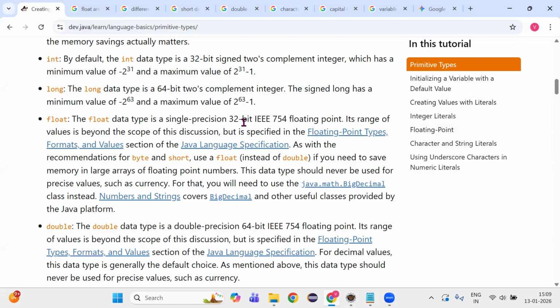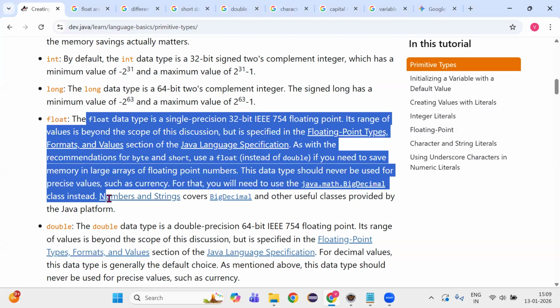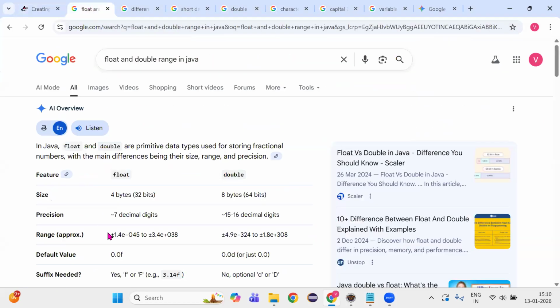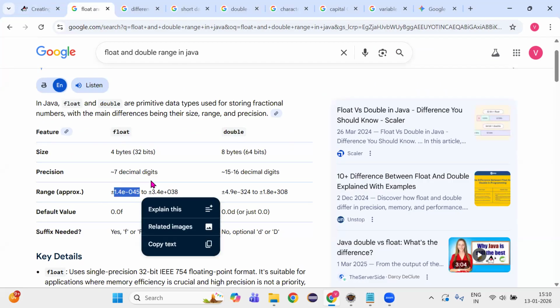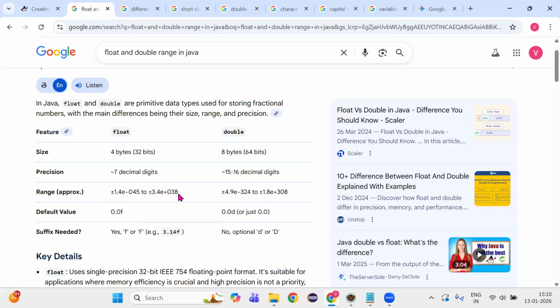So if you see the float data type range, the range is 1.4 into 10 power minus 45. This is the minimum value it can store, up to 3.4 into